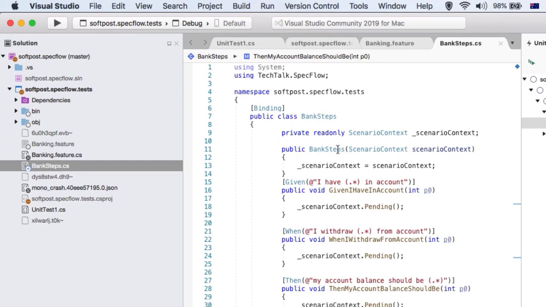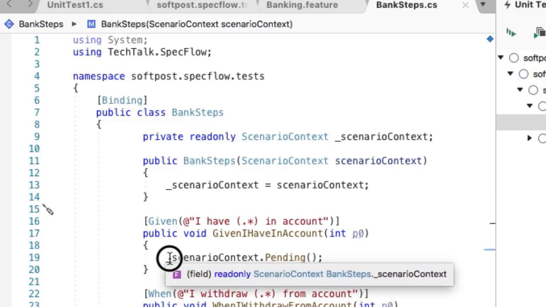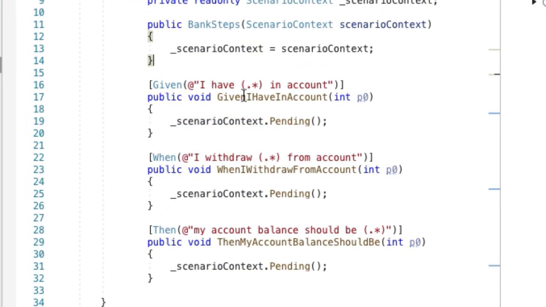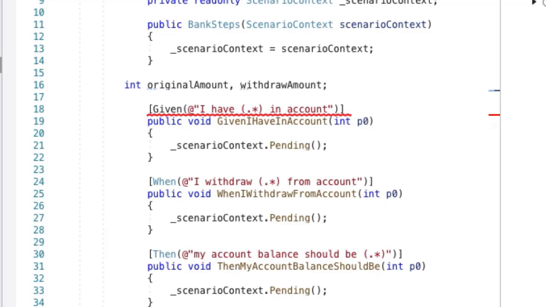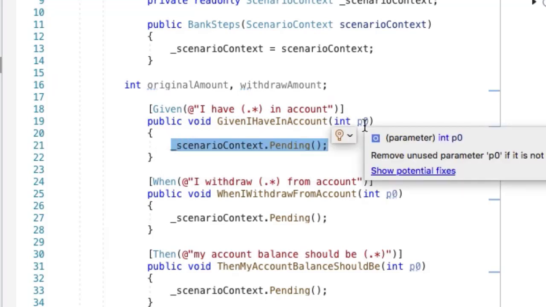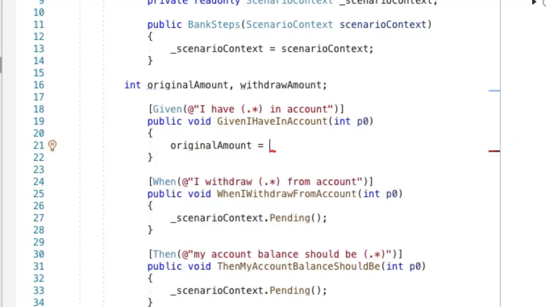This is the step definition class. It contains all these methods which are mapped to the steps in the scenario. So this is where you will get the given the main balance amount. So I'm gonna create one variable, say int originalAmount, and then there is a withdrawAmount. So here the initial amount is being passed through this variable. You can see p0. So let us initialize this originalAmount variable equal to p0,